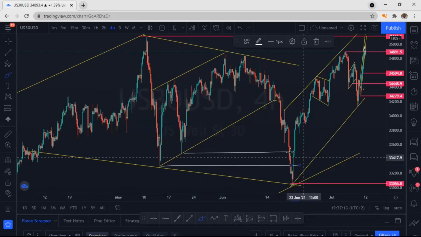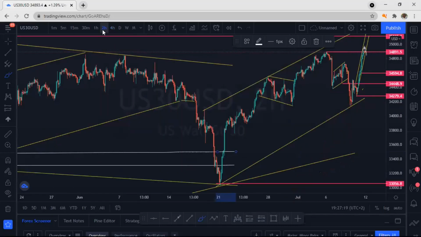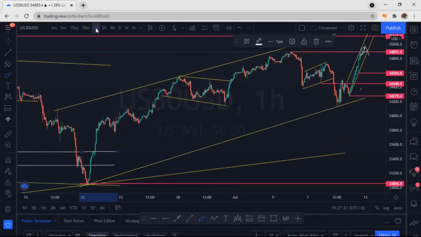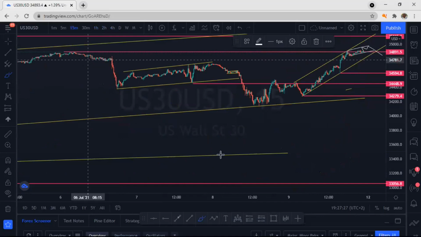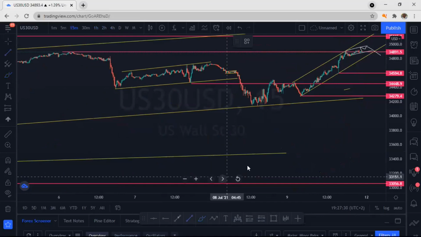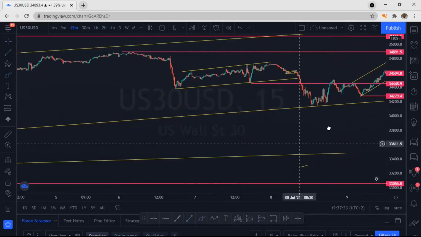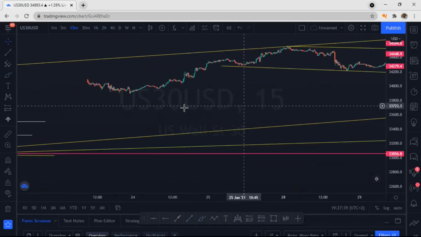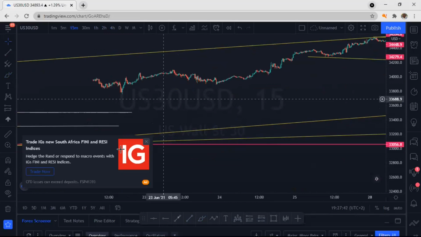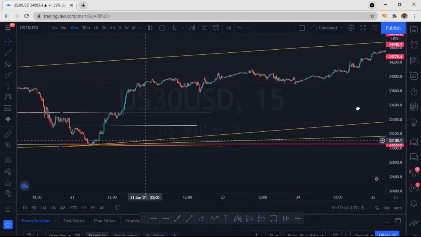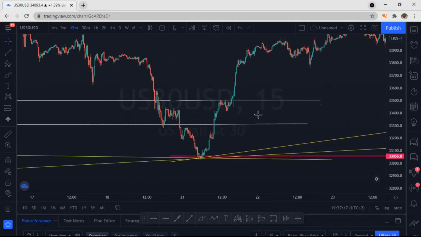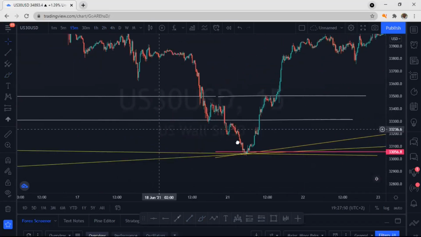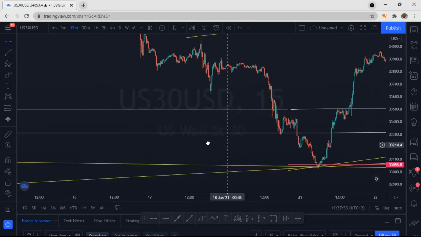Yes, but I want us to go to a smaller time frame with this one. Let's go to 2 hours and see if it does show. Let's go to 1 hour because I want to check something. Let's go to 15 minutes again. I want that part. Where is it? I want that part because on Sunday when we analyzed the market, I like the fact that you are asking questions, guys, so that we can learn. Because I want to show you what happened in a 4-hour time frame.